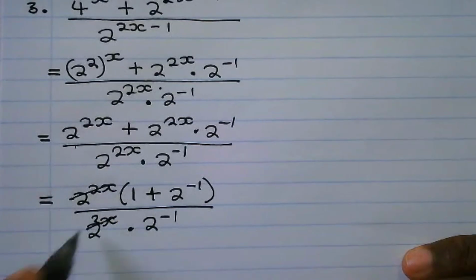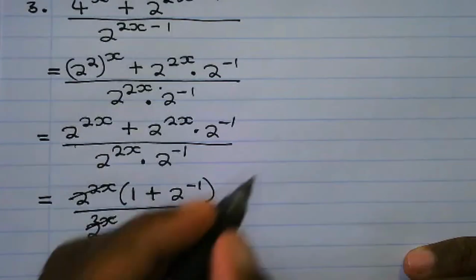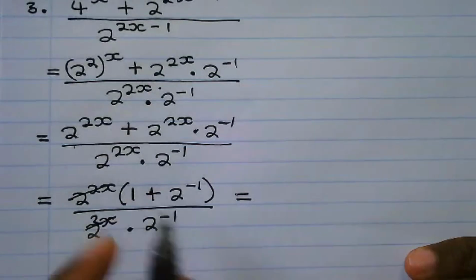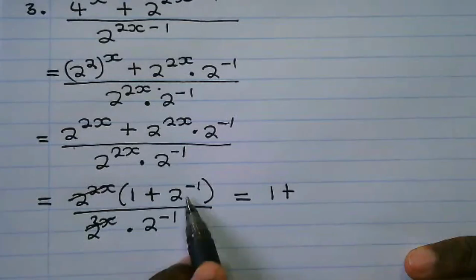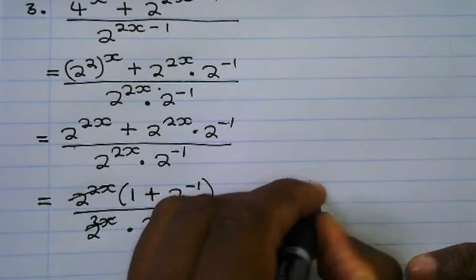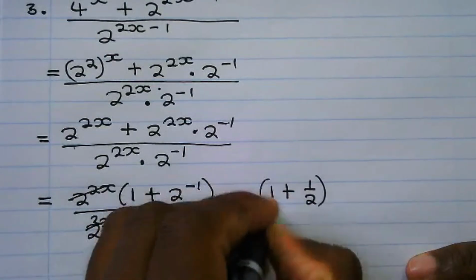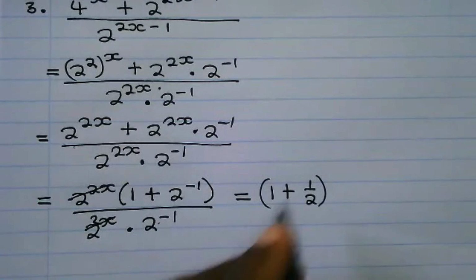Then we can cancel these, they are the same, so we are left with 1 plus 2 raised to negative 1 becomes 1 over 2 there, and then over